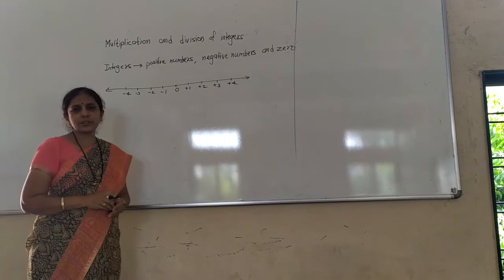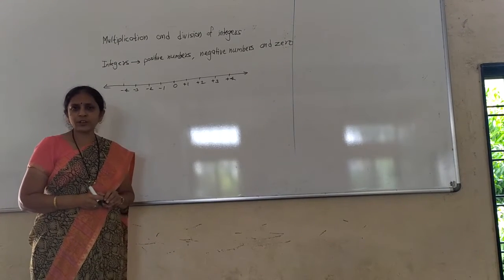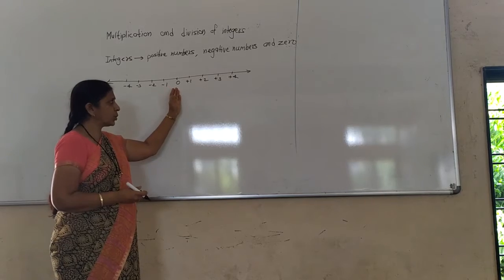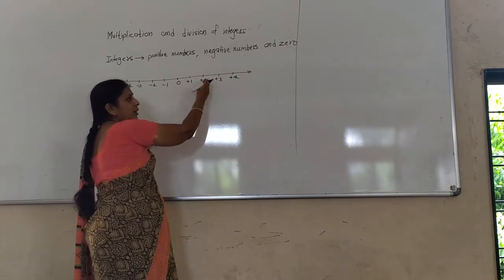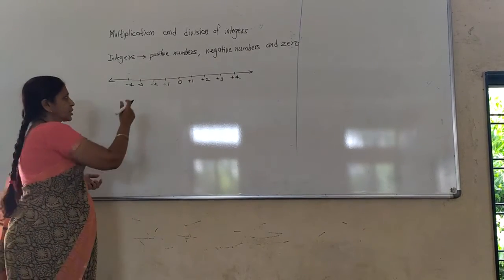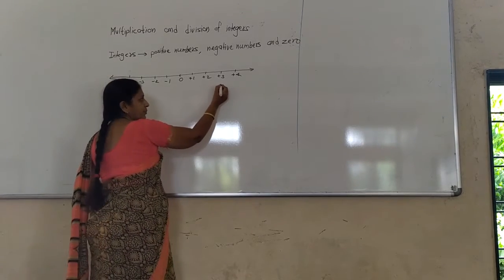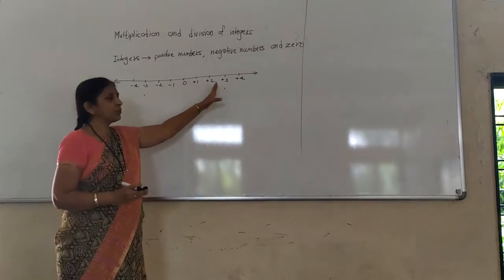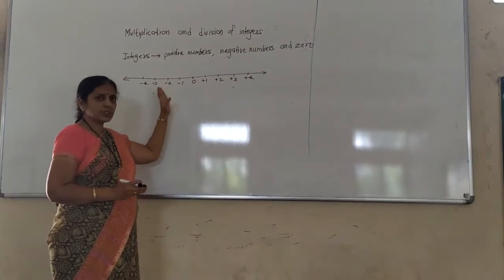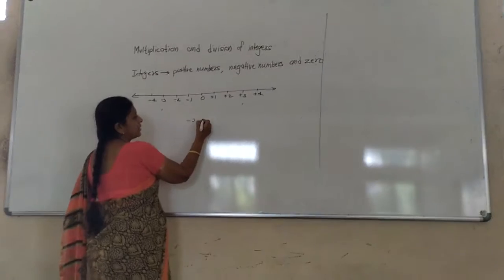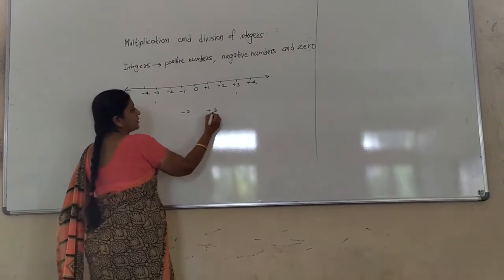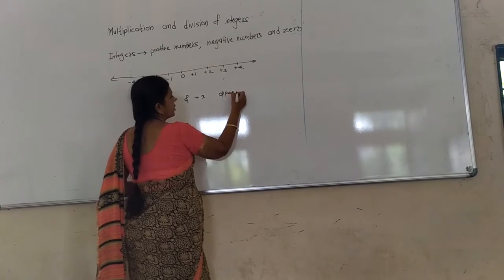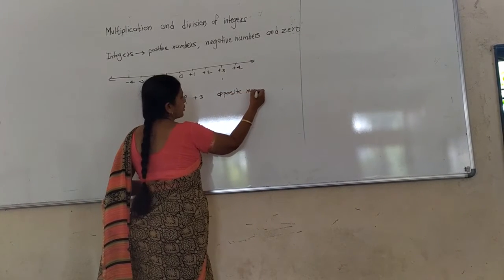Then after comparison you have learned the opposite numbers. Opposite numbers means the numbers which are lying from the 0 at the same units on the right hand side and left hand side. Suppose you have seen +3, this number and this number. They are lying from the 0 at the same units in the opposite direction. So here -3 and +3 are called the opposite numbers. There are so many pairs of opposite numbers.